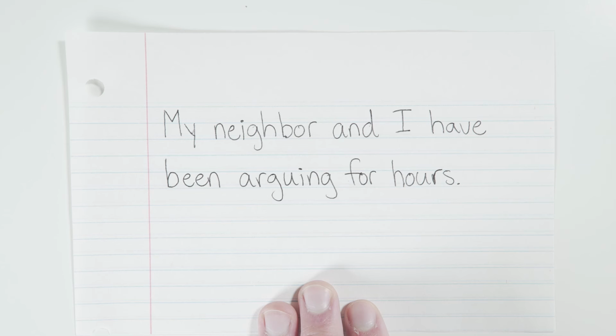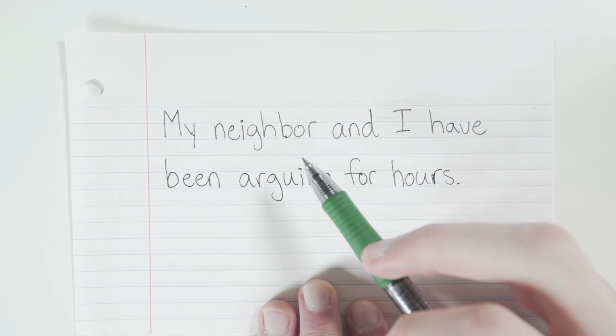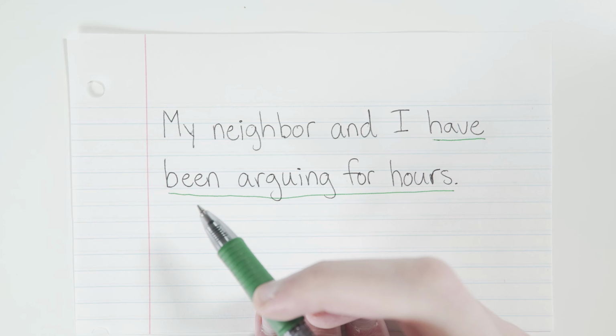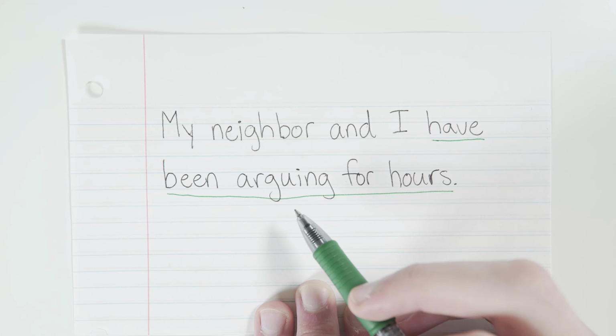Two more. My neighbor and I have been arguing for hours. Complete subject is my neighbor and I. Complete predicate is everything else, and my simple predicate, the smallest version of this that tells either the action or the state of being, is actually going to be three words here. We need all three of them for our simple predicate. The first two, have been, put us in a certain time or tense, and the last one, arguing, is the action that's being done at the time. So our full-on simple predicate is have been